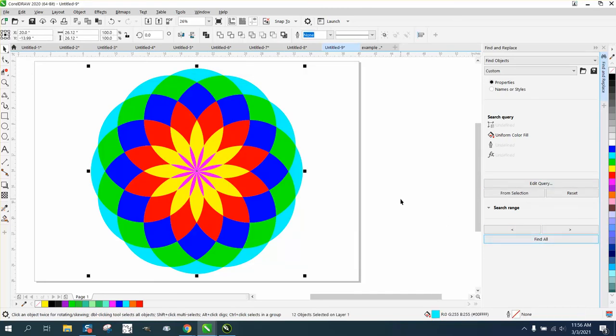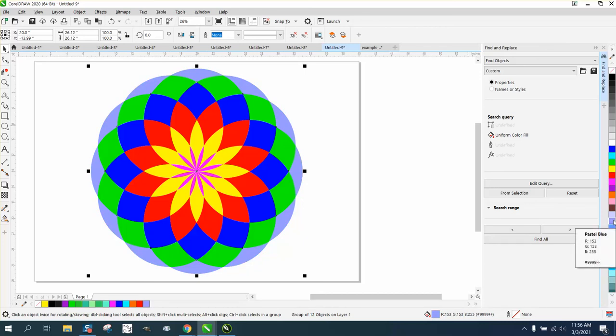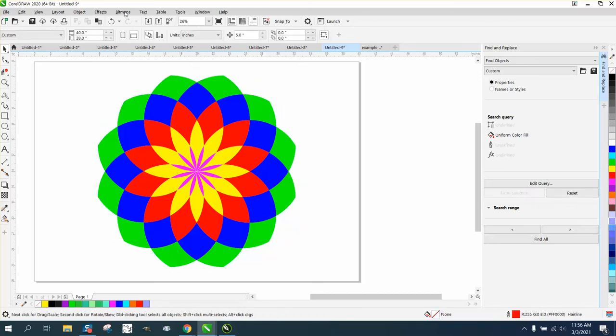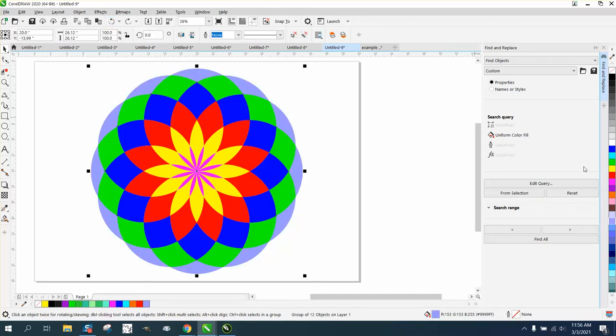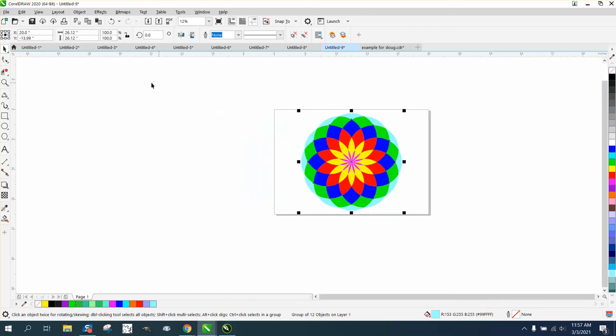I would Control G and group them together because you're going to have to click off this, but now these are all grouped together and you can make them any color you want to, or you can delete them because you found all those colors and you grouped them together. So it's a lot easier to group them together. Oh, that's ugly. But anyway, so if you ever have a problem that says it can't find object, it might